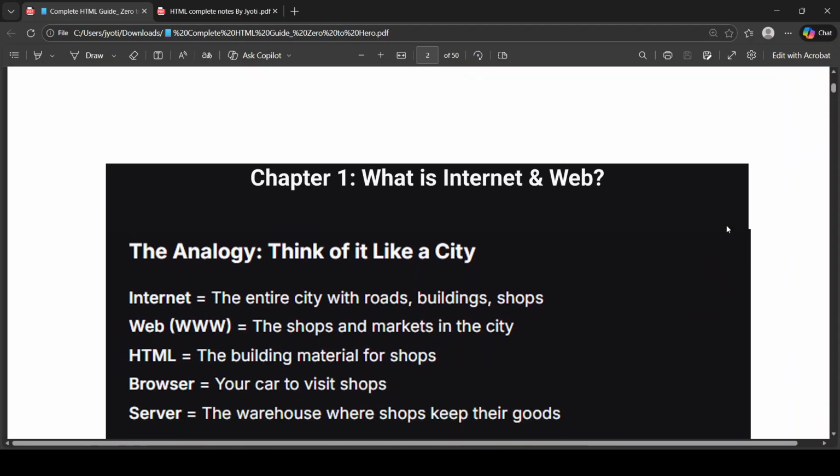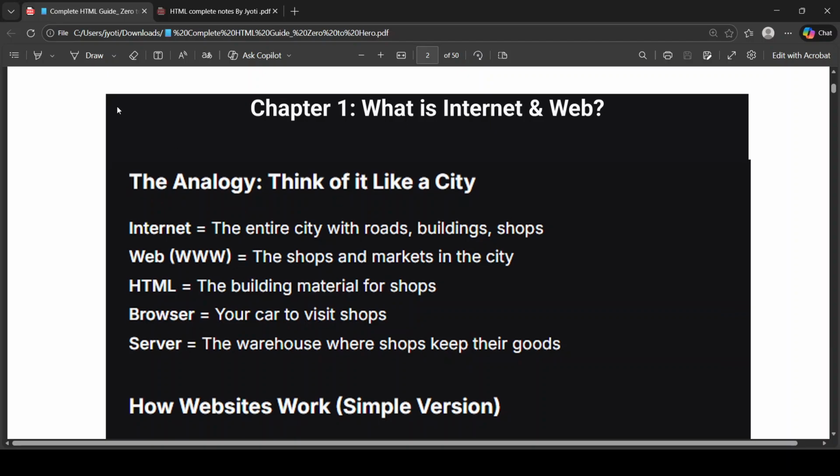So, what is internet and what is web? First of all, this is very important. I have seen people say they know HTML, but when I ask them what is internet, they are blank. So, what is internet and what is web? Think of it like a city. Internet is kind of the entire city which has everything: roads, buildings, shops, homes, houses, everything, and www is